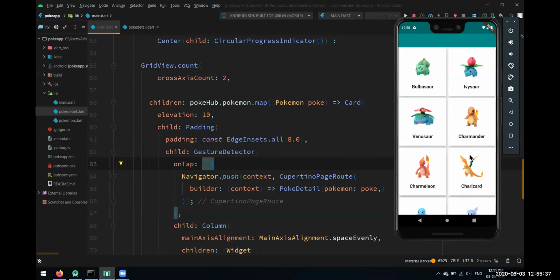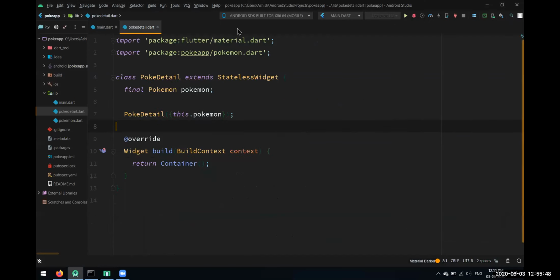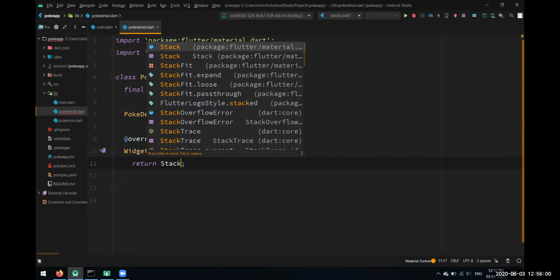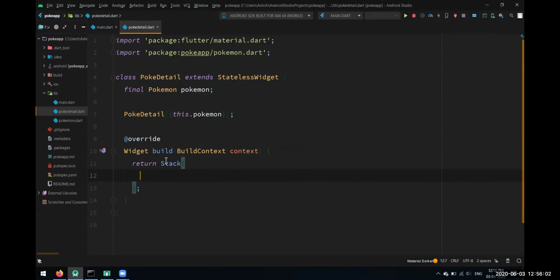Here what I'm thinking is we'll use a stack widget and lay widgets on top of each other. Let's see how we'll make that page. For now we are just returning a container, so we'll return a stack widget over here. Well, let's first give this an app bar also.